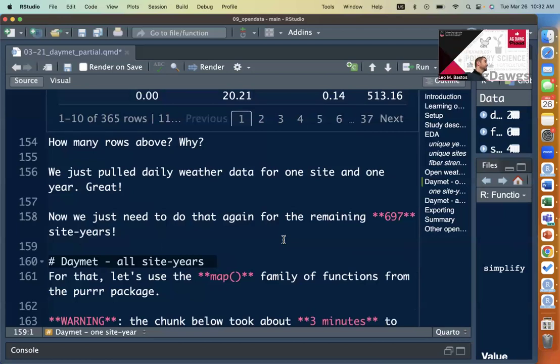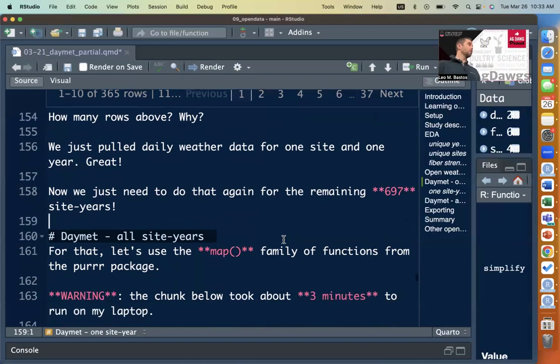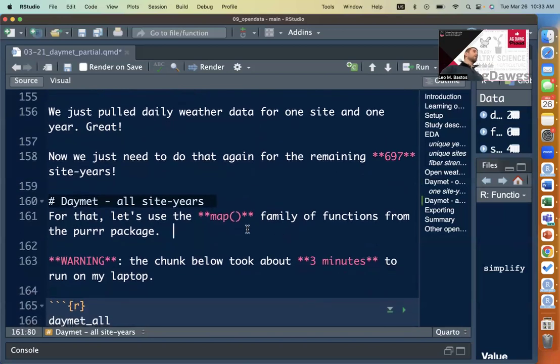So we would first understand some ways of doing iterations. We talked about creating functions, using for loops, using list mapping with the purrr package. So now we're actually going to apply all that we learned in the previous exercise to downloading all the weather data for all these